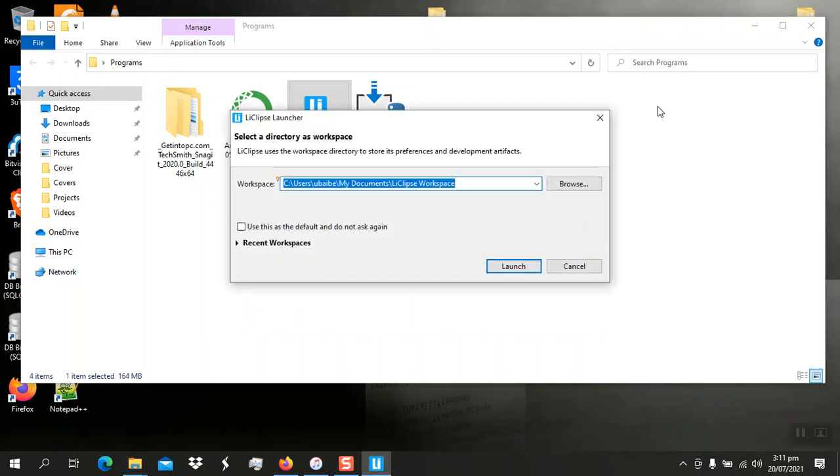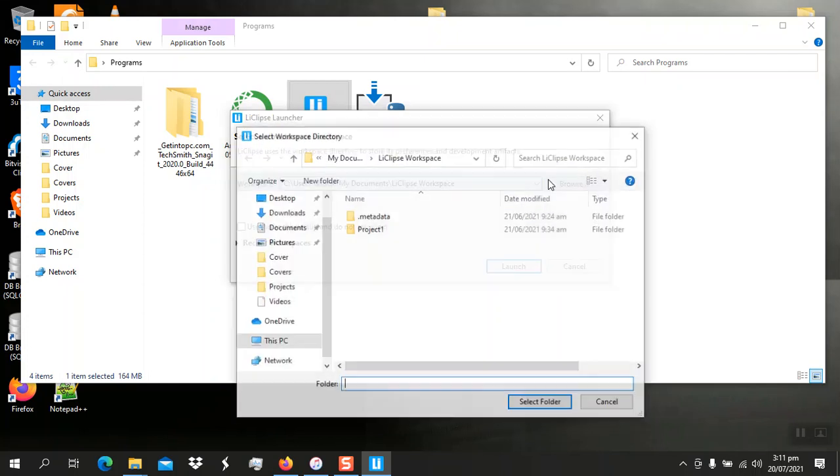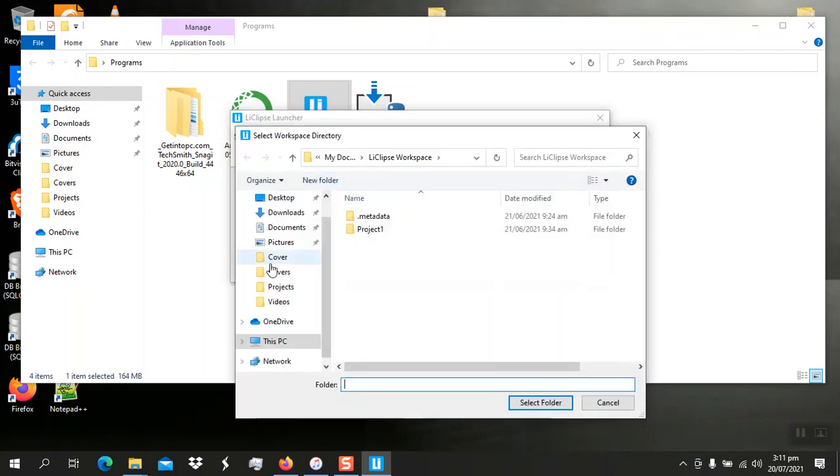All right, so it always asks you for your workspace. Your workspace, each time you create a new project, where is that project going to be stored? I always like mine to be stored where I can easily access it. I don't want it to be in my documents, so I'm going to change mine to a different location. Then I'm going to copy the Eclipse workspace path out of here, and I'm going to browse this. So now where am I going to store it? I'm going to store this in desktop,